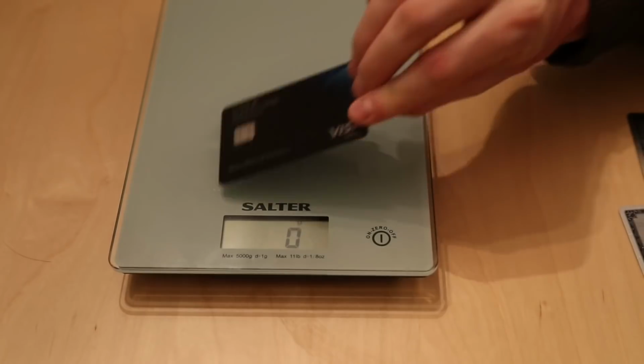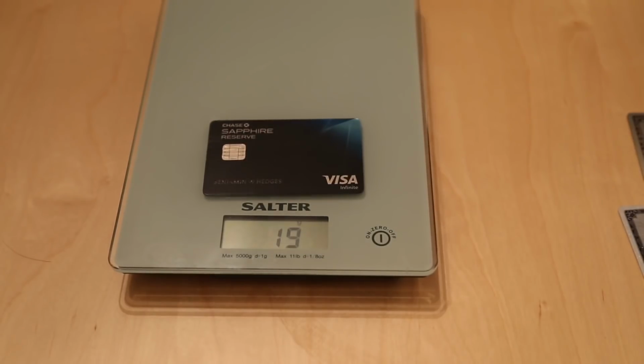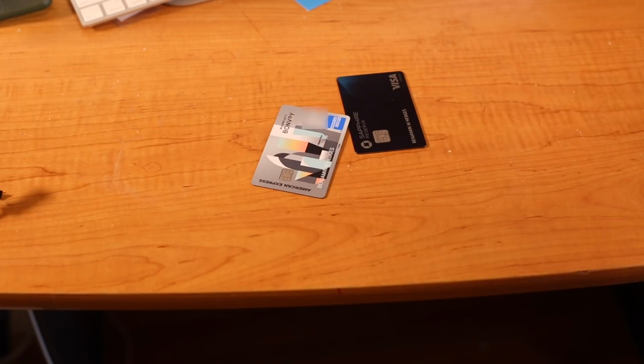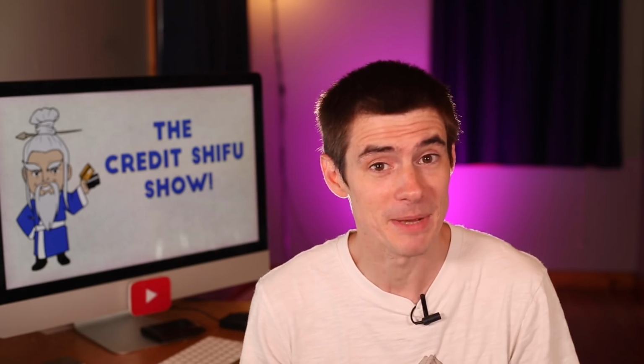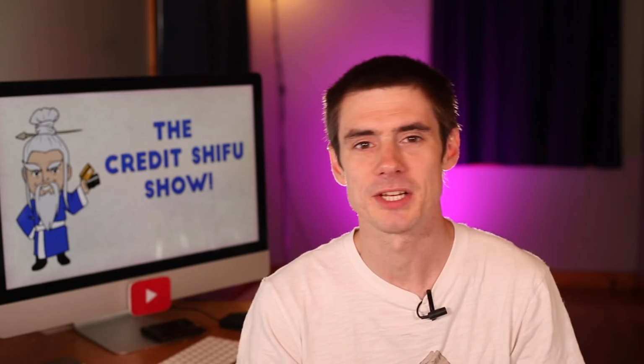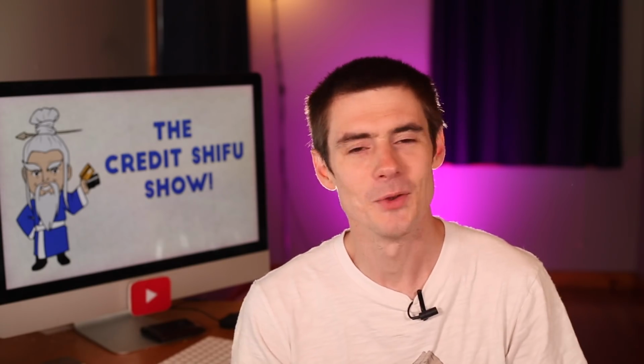Now I can confirm that it does indeed weigh 13 grams, but as for a solid metallic plunk, let's check that out, shall we? It doesn't sound that different to a plastic card, to be honest. Even this old health insurance card makes a similar noise. Anyway, the Chase Sapphire card is a solid card, because it's made of metal, and also it's just a solid